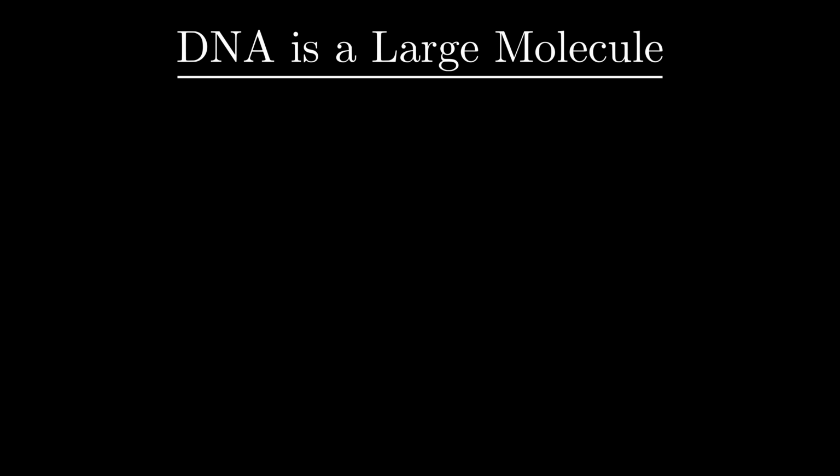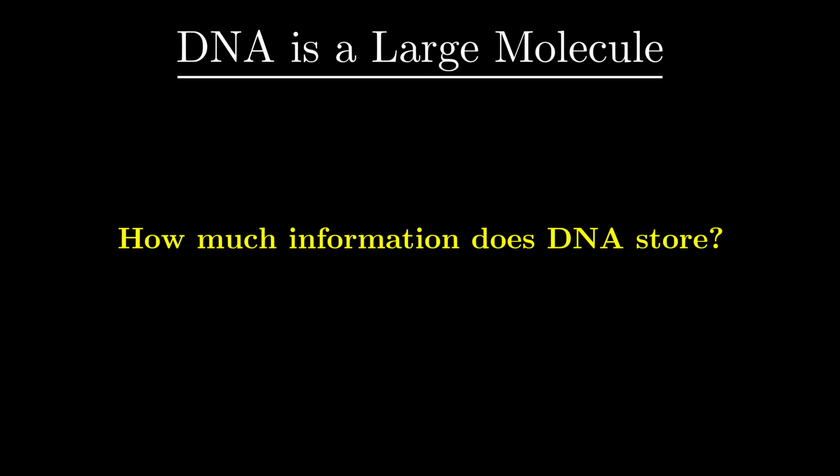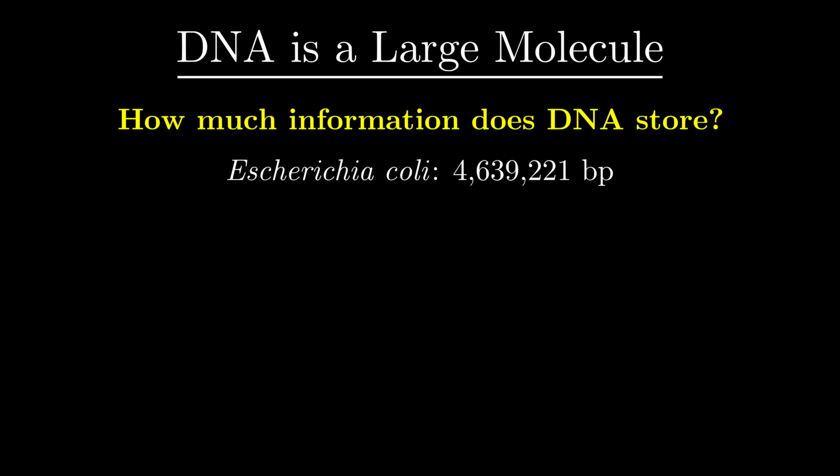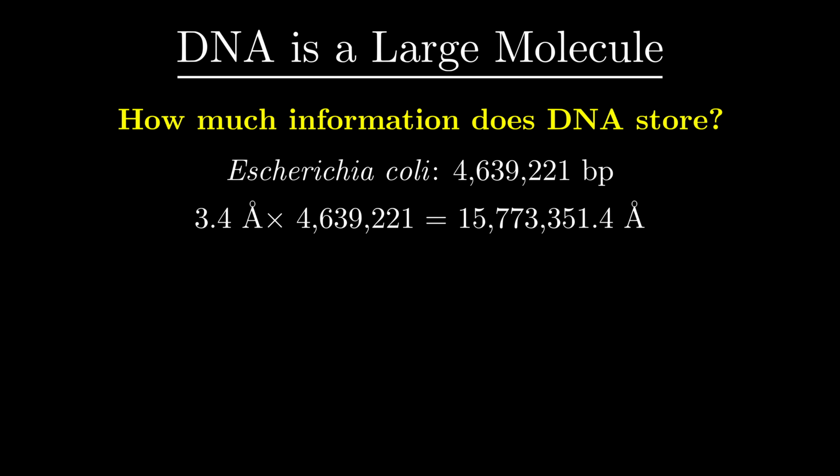So we know that the sequence of nucleotides in DNA molecules holds information, but how much information needs to be stored in a cell? Well, the total amount of information a cell carries is called its genome, and the genome of the bacterium E. coli is 4,639,221 base pairs long. We know, of course, that the base pairs are on average 3.4 angstroms apart in B-form DNA, so that means the genome would need DNA with the length